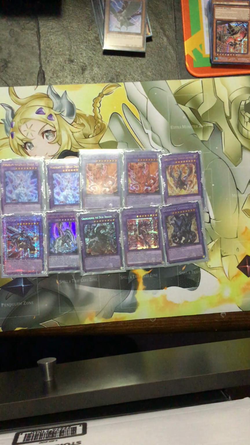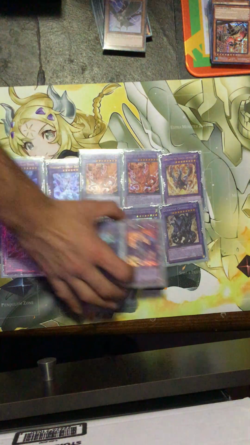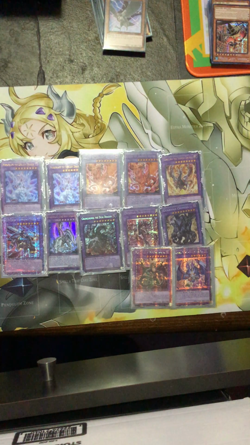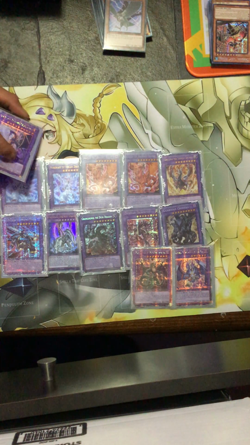Chimera, because his effect is still super good. It still comes up. You can't really get rid of it. We got the 2 Super Poly targets while I was talking about Super Poly. We got Garura and Predaplant Dracostapelia, because why not? They're really good at getting materials back into your extra deck as well when you need to do a fusion